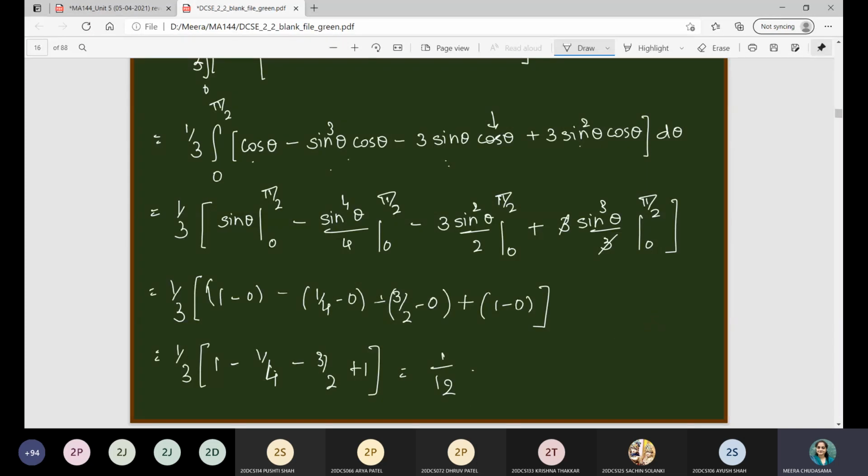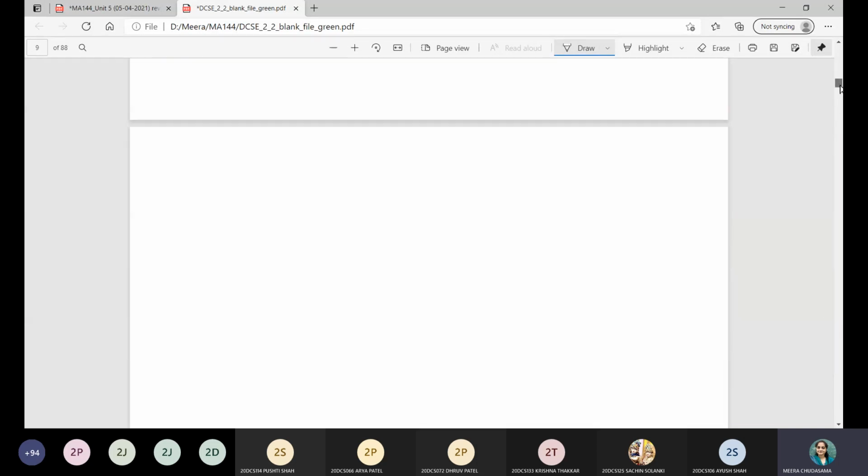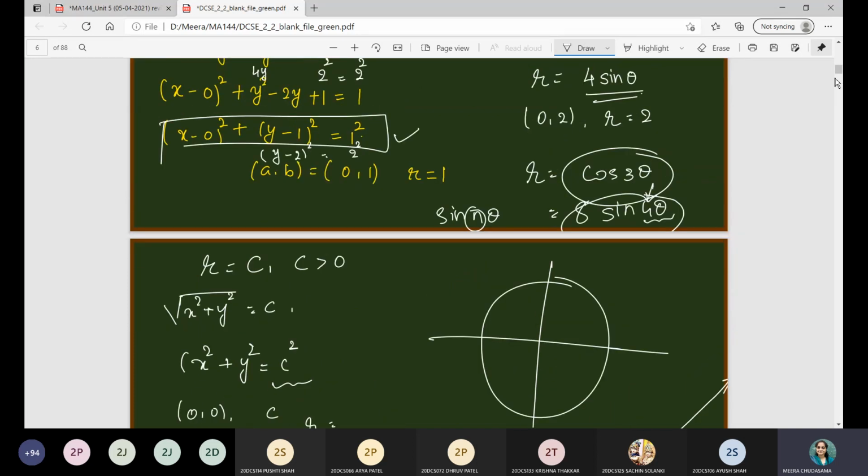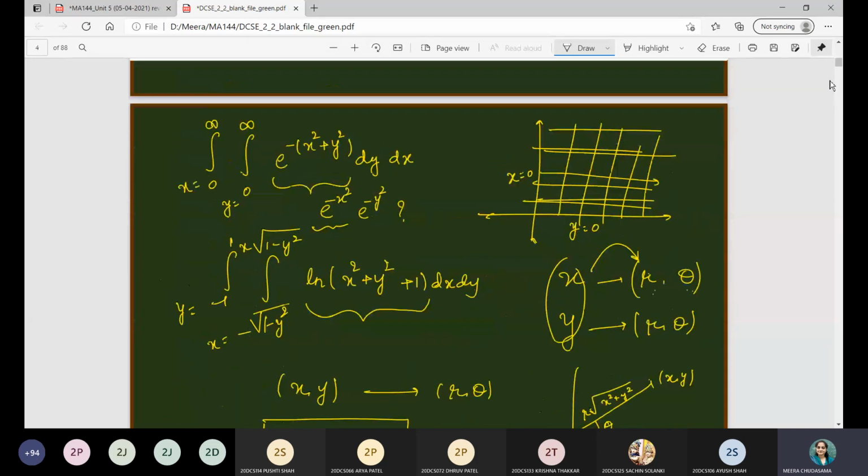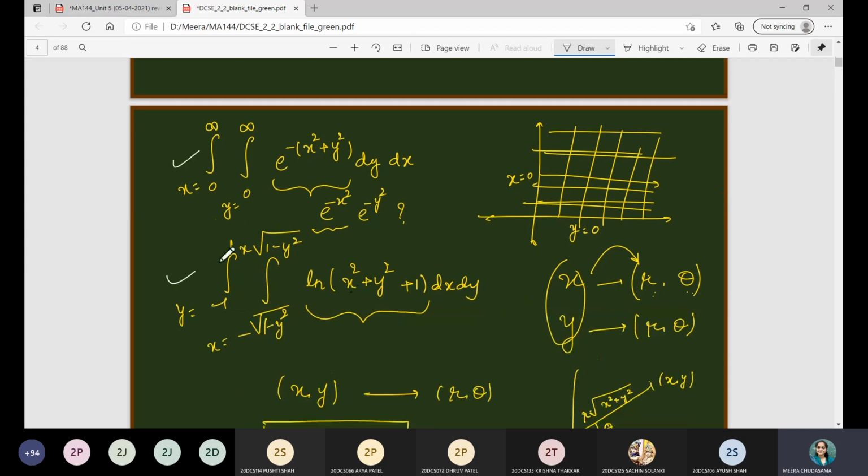Okay. So these are the examples where we are given the polar coordinates directly in terms of the integration with limit or without limit. But now the question is, what is the benefit of it? As I have already told you in the beginning of this topic, certain integrations like this one are not easy to solve directly with Cartesian coordinates. At that time, we need to convert these types of coordinates in terms of the polar ones, so that the computations, as well as the integration, become an easy task.